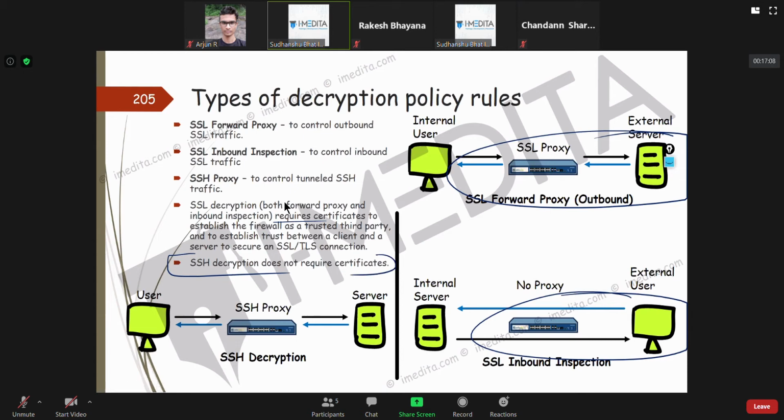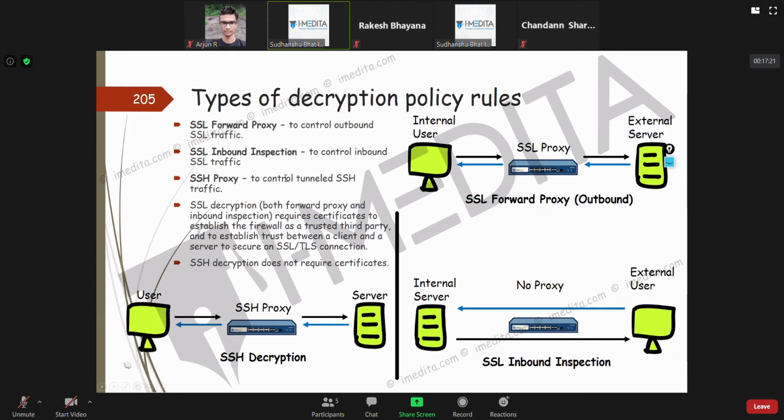Now you might be feeling, okay, why do we need this? Sometimes I've seen network engineers who don't have the complete idea about SSH. They think, okay, why are we doing this SSH decryption? See, SSH is capable of even file transfer, if you don't know it.